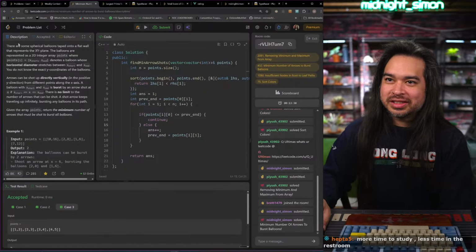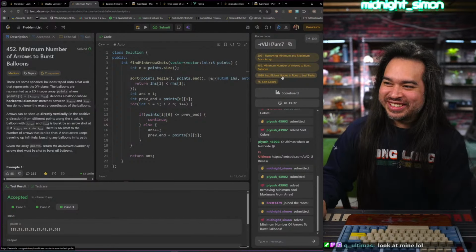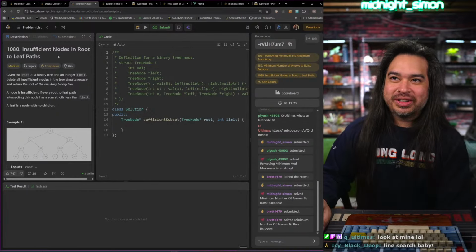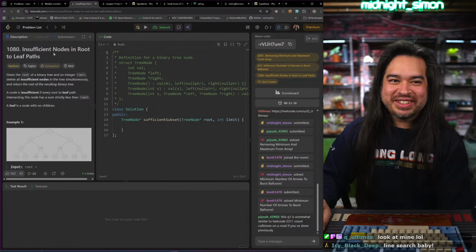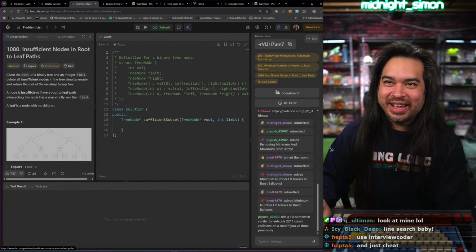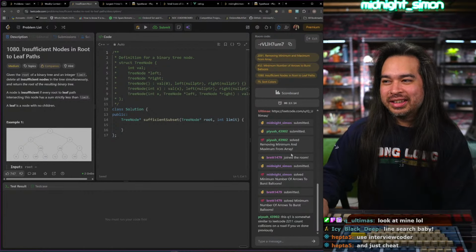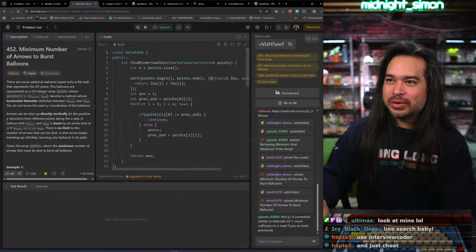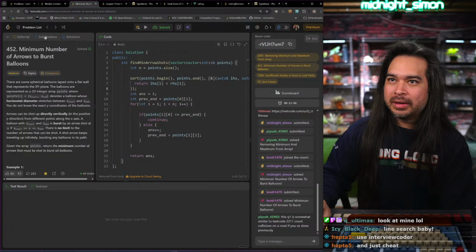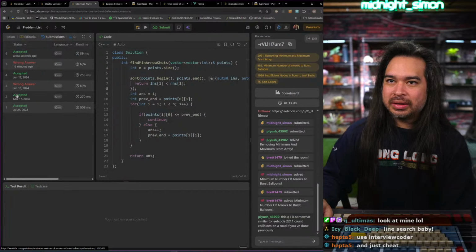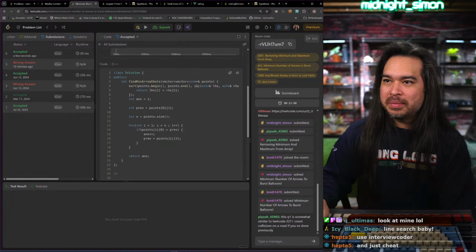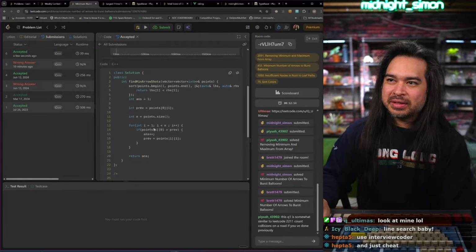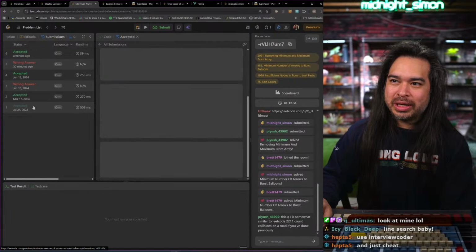Man, LeetCode sucks. That's for sure. Today it sucks. Alright, insufficient nodes in route to leaf path. Line search, line sweep. I didn't even do the line sweep there because I don't think it's a line sweep problem, man. But actually, let me look, I just did a sort by the ending. Let me see my previous solutions, are all of them the same? Man, I just think of this so quickly when I'm in tune. Like when I'm practiced up, this is a no brainer, but when I'm out of practice,